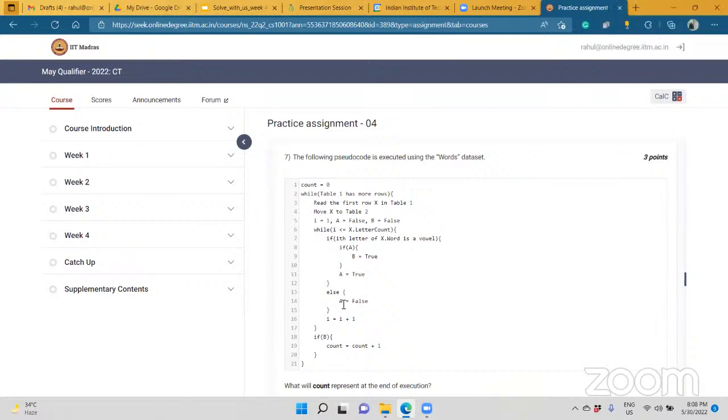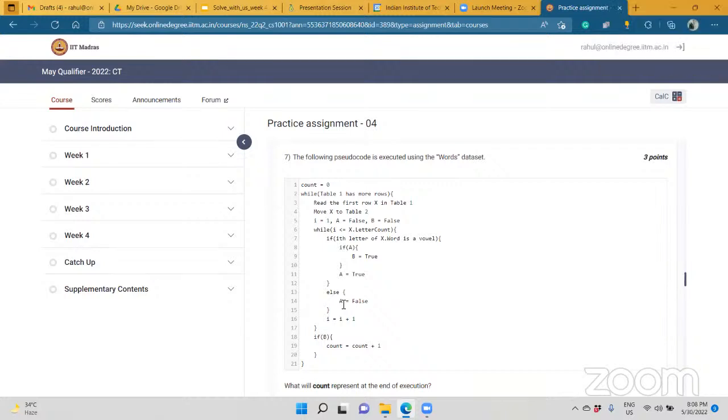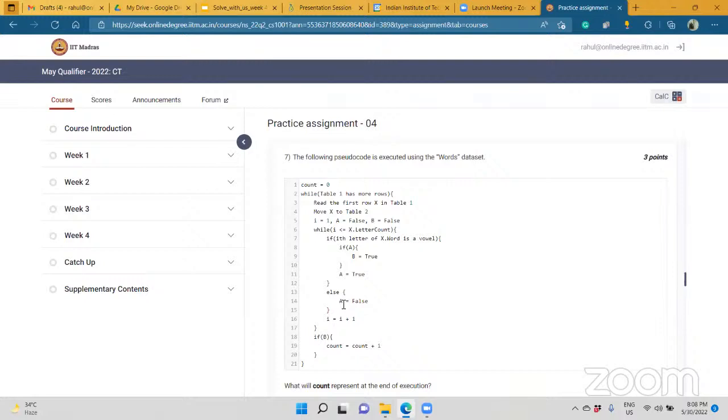But sir, both ifs will be applied, right? First we go to the first if a, and after that if and else, we again go to the if b part, right? Right. So if my word is orange, o is a vowel, so a is true, right? Yes, o is true. Go ahead. What about r? For r it's false. It becomes false now.